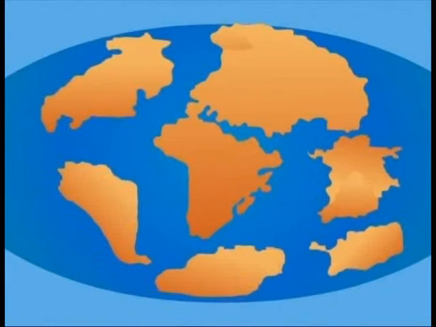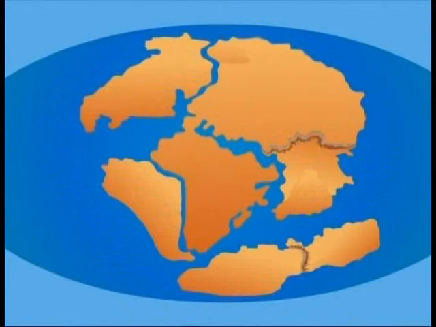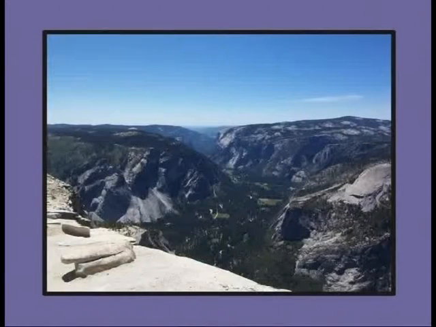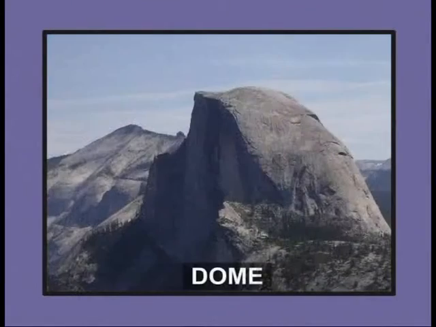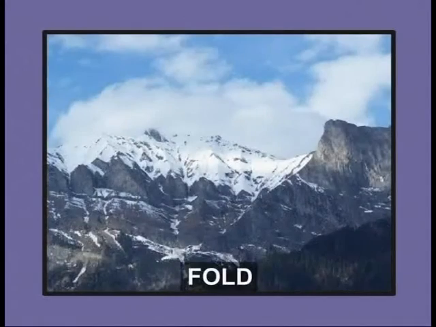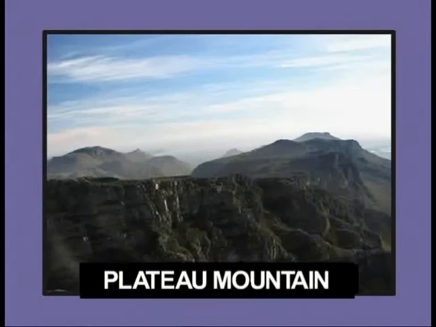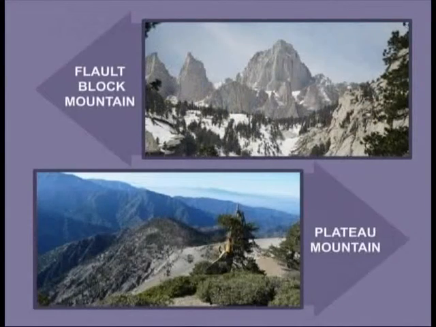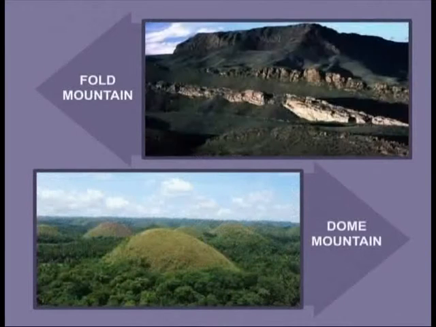The greatest mountain ranges across the world have been formed as a result of the enormous collisions between continents. The mountains can be divided into 5 basic types, namely dome, fold, fault block, volcanic, and plateau mountains. These different types help in differentiating the physical characteristics of the mountains and also tell us how they